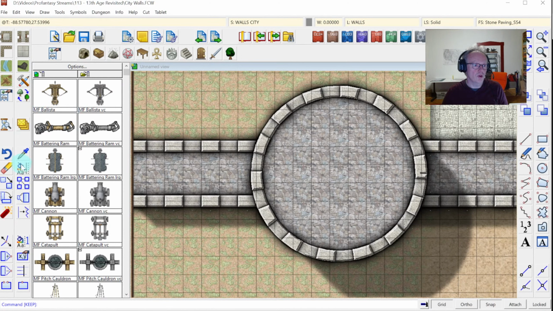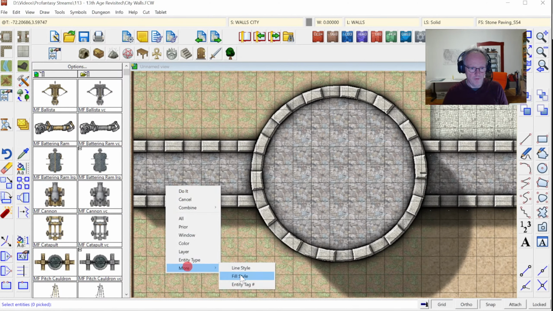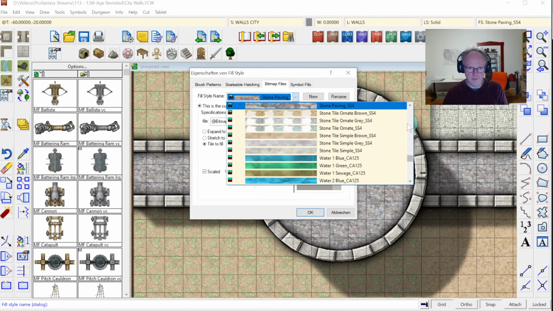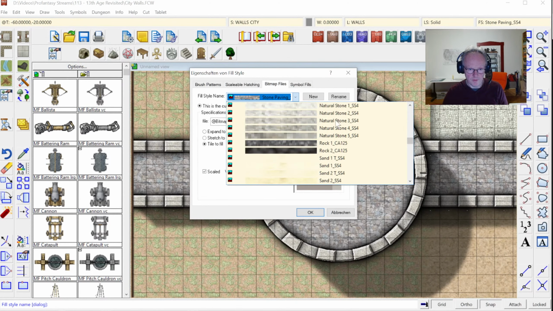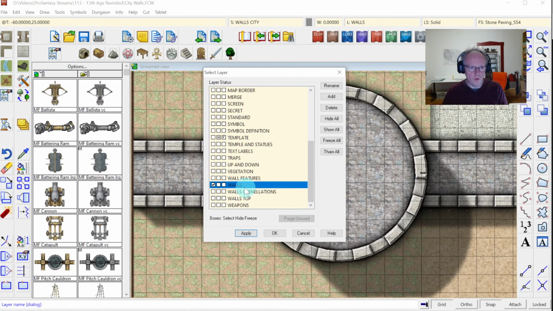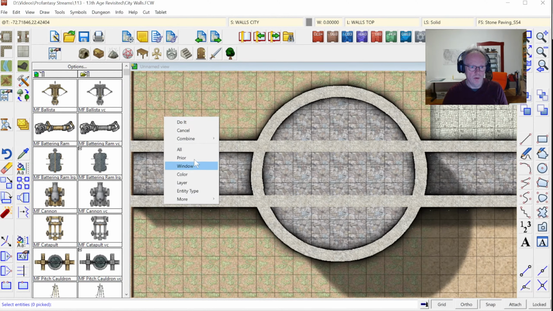And then I'm going to change the layer by fill style. It's not my stone paving, but my natural stone that I use for this. Add this to walls top first, and then change layer prior,